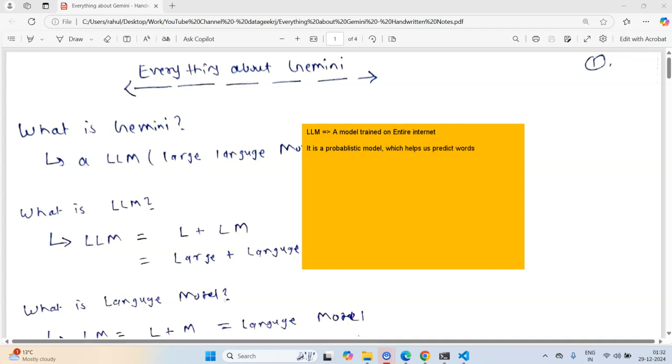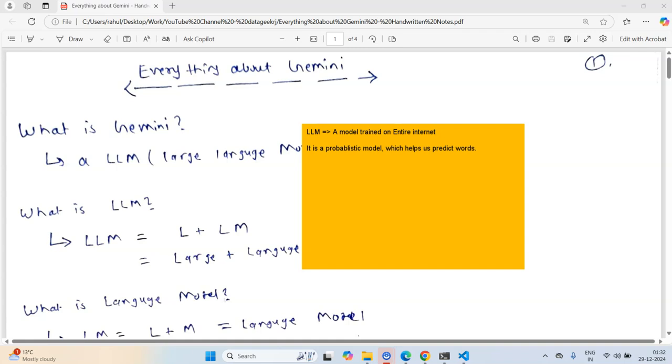Now you might be wondering, just by this simple model, we are able to see things like ChatGPT or Gemini? But it is as simple as that. People have taken these LLMs, these probabilistic models, and they have carefully done what is known as tuning, fine-tuning, to build these chatbots and things like that.